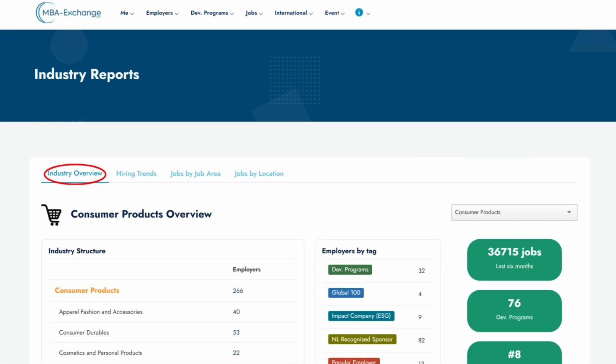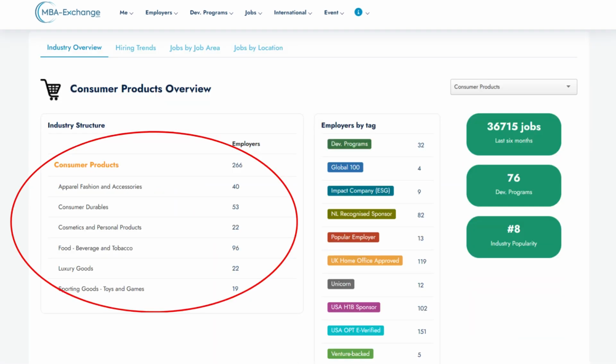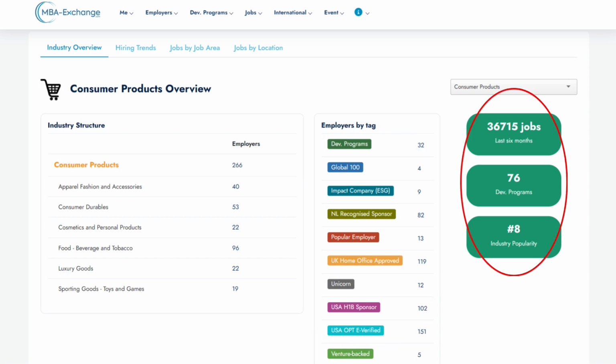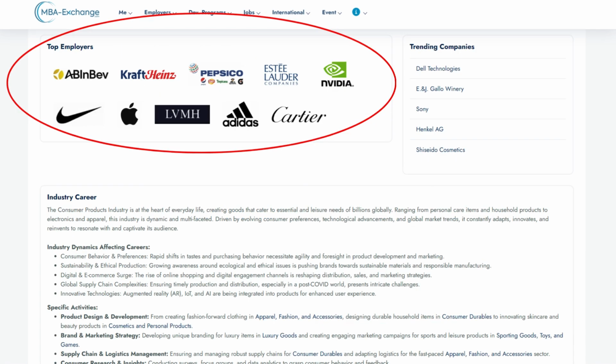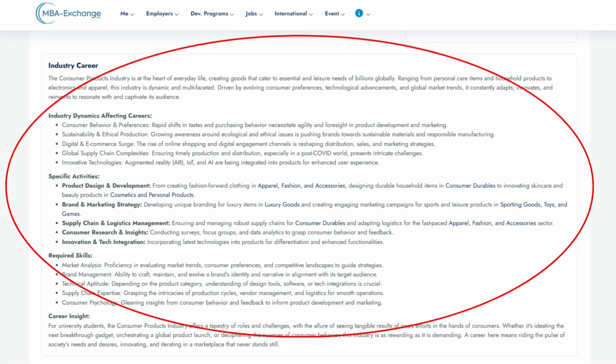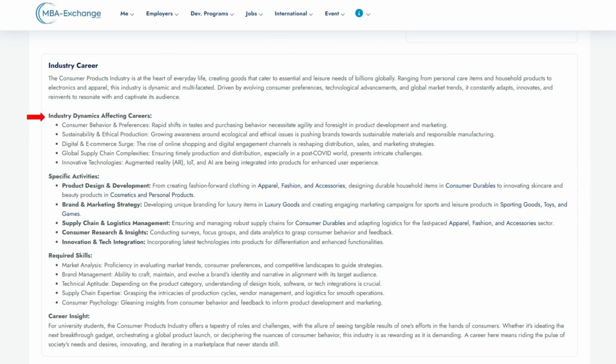The Overview tab starts with the industry structure, where you can see how many employers are based in each respective sub-industry. You can also see how many employers fall under each tag and some insights about the sector. Below that, you can see the current top employers on the platform and companies that are trending. Next, you will get an industry overview, covering areas such as industry dynamics affecting careers, industry-specific activities, frequently required skills,